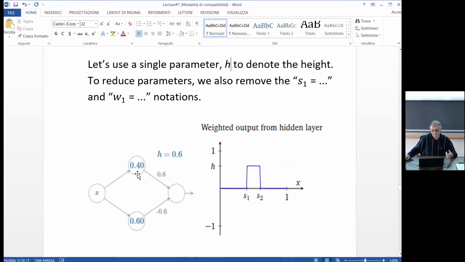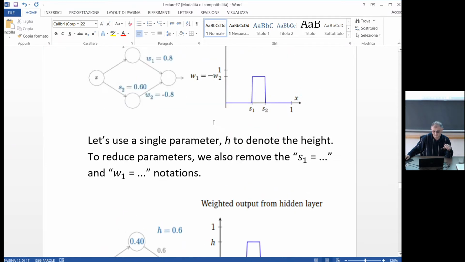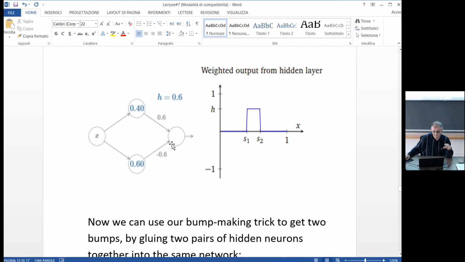S1, S2 we will write inside the node, and H we shall write down as, instead of the weights,